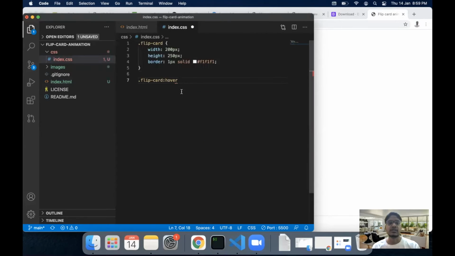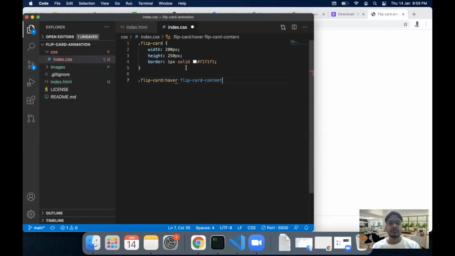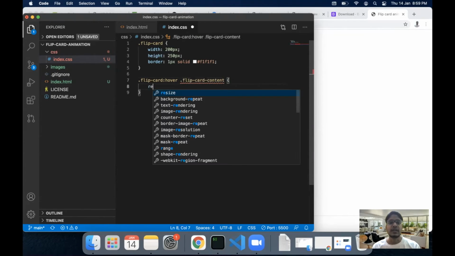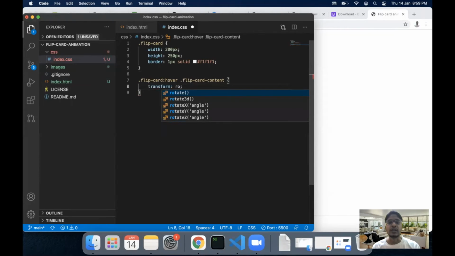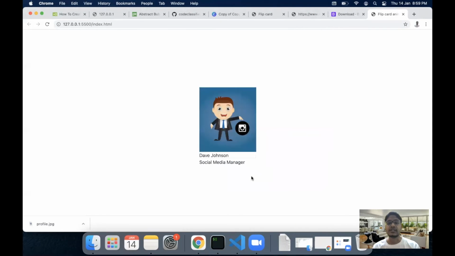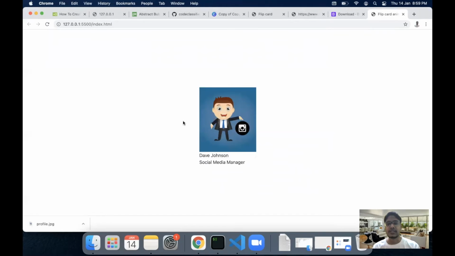So what we can do is add a transform rotate property to our flip card content part using a dot notation. Within that, we can add a transform property and essentially tell it to rotate by 180 degrees. Okay, so if we add just rotate, it will rotate along the x-axis, but I want it to be rotated along the y-axis. So for that, we will use the rotateY property,